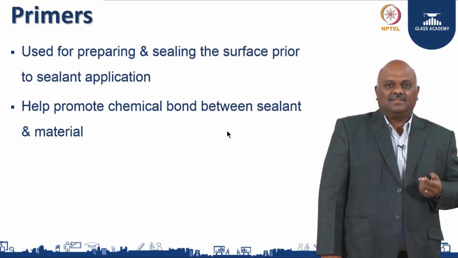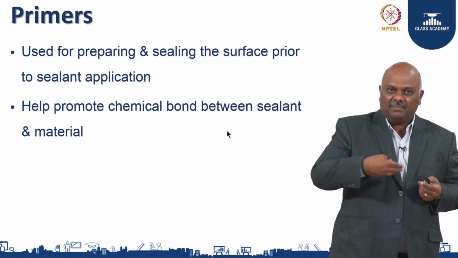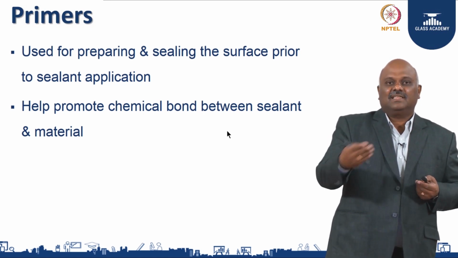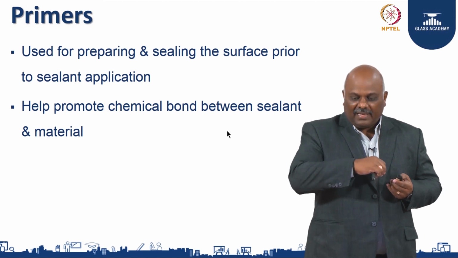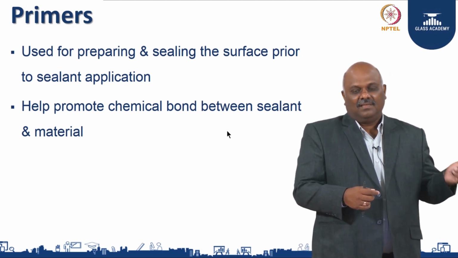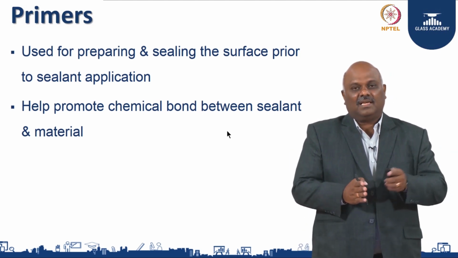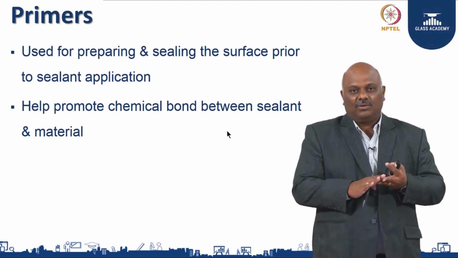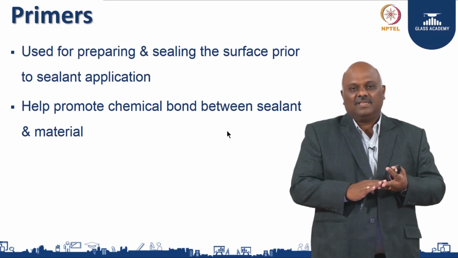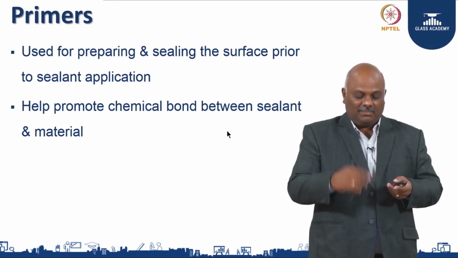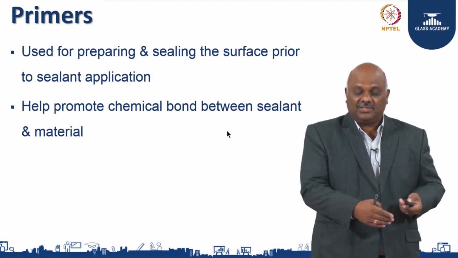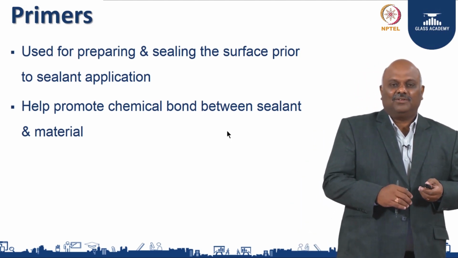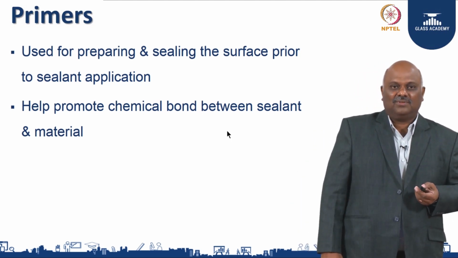Then of course, primer. Sometimes you have to apply primer to create a chemical bonding between the substrate and the material. So, you apply the primer on the substrate, and then you apply the sealant and put the glass or any other material. It creates a good bonding, and it is advisable to use primers. That will be covered by a sealant manufacturer later. However, these are the principles you adopt when you are manufacturing.